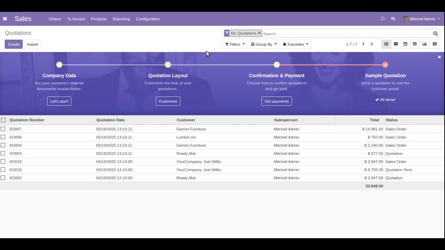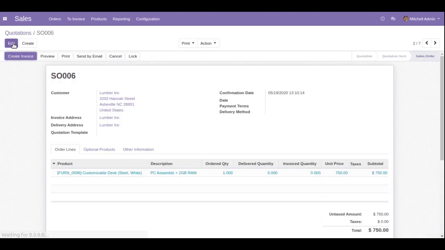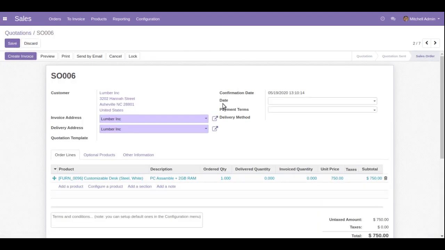Hello, good morning all. Today in this video we are going to discuss how to make changes for an existing field in Odoo. Currently on the screen you are seeing Odoo version 12 community edition, where I have already installed different modules. In the same database yesterday I showed you how to add a new field into the view from the user interface using the debug mode.